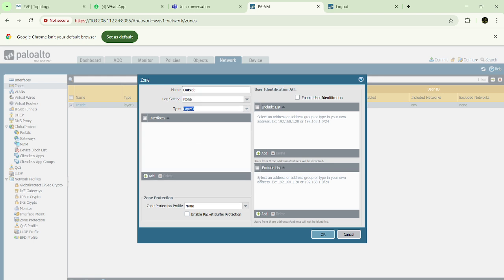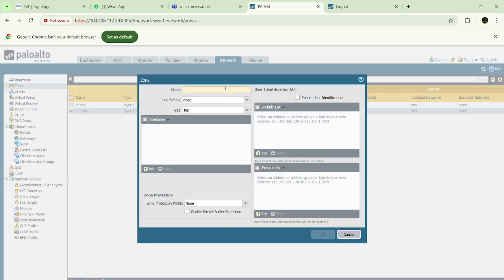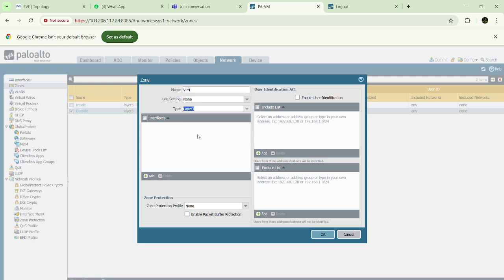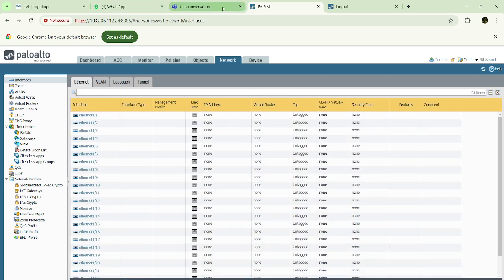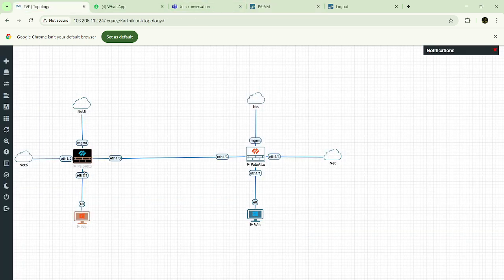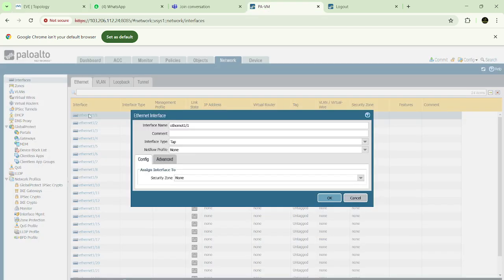And for this IPsec, we need one more zone called VPN. Not necessarily VPN, you can name it whatever you want, but I am configuring it as a VPN zone, because we are creating a tunnel interface here as well. The tunnel interface should be in whatever zone we have created. On the interfaces, what are the Ethernets that we have connected? Ethernet 1/1 for the Windows machine, 1/2 for the internet, 1/3 for IPsec. So I will enable this,